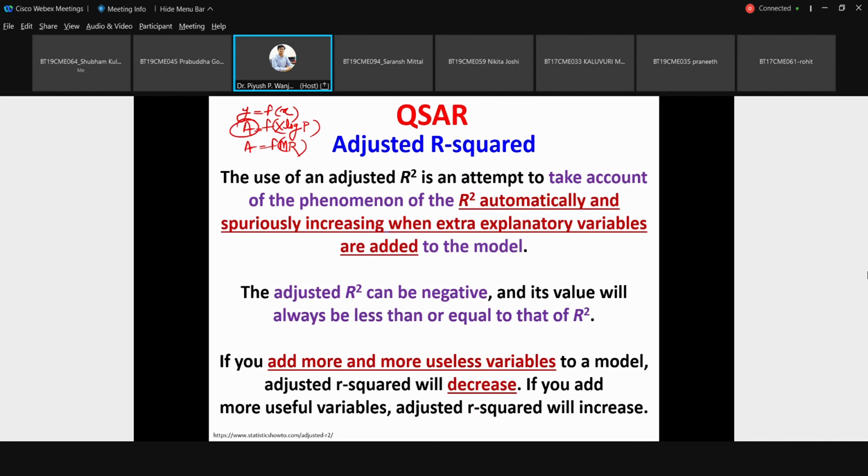But instead of just having one descriptor, if you want to add molar refractivity into this also, and consider two descriptors instead of one, then multiple linear regression comes into the picture. Similarly, a third and fourth factor will also come.